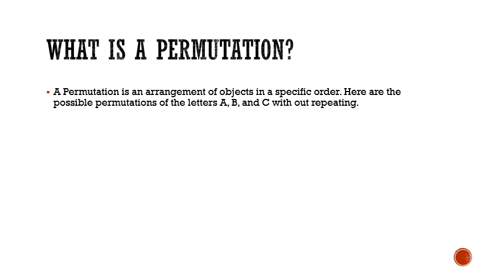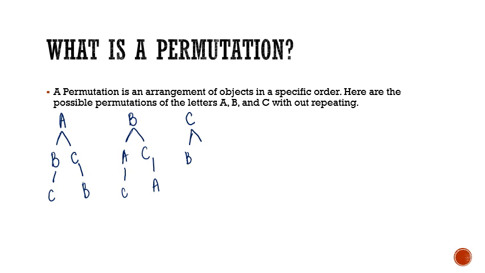So we're going to go ahead and draw out the permutations of arranging the letters A, B, and C without repeating. So what you could do is you could start off with a tree. So we're going to say we could have A first, B first, or C first. Then after that you could have either B or C, and then after that it's going to be C and then B. Okay, then you could have A and C here, C and A, and B and A